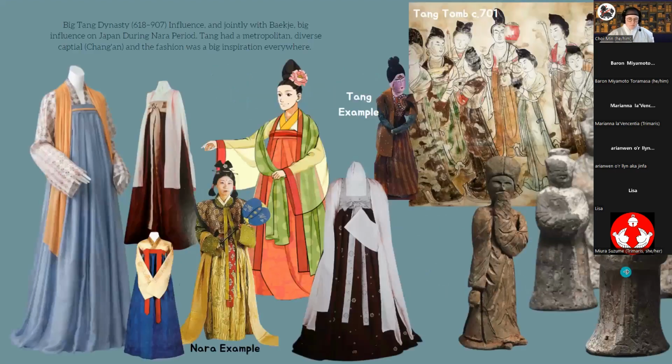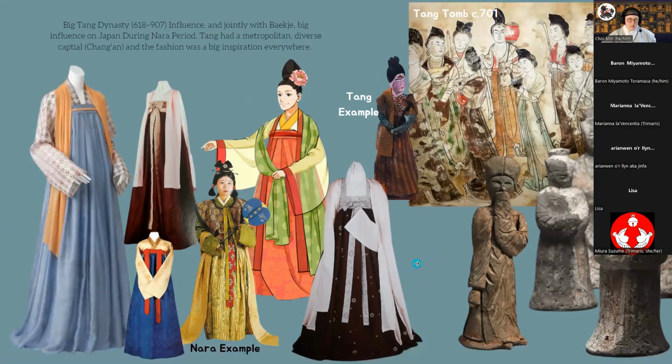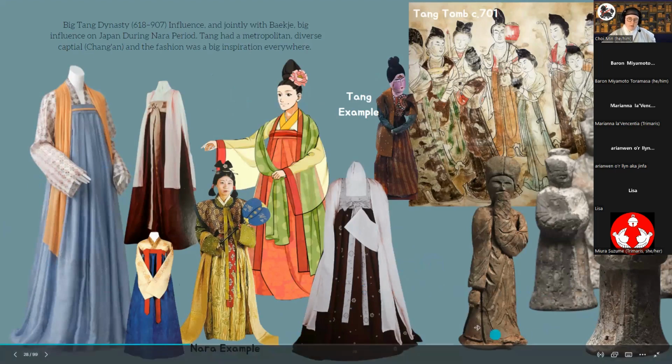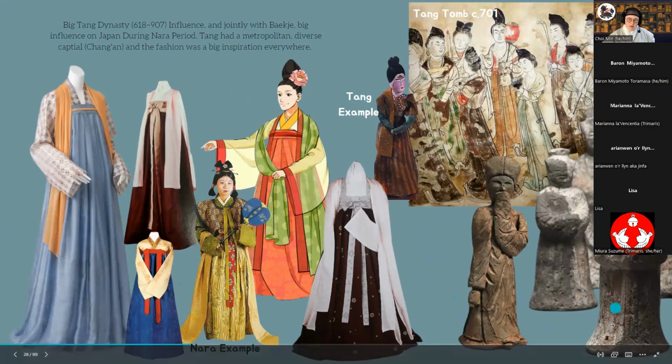And so here's some Korean reproductions of some Silla Dynasty stuff that's kind of post-Tang Dynasty influence. We have the extants that I have here. These are Korean stone tomb figures, and so you can see we've got that high breastband and then the skirt, and then we still got the long sleeves and all that. And here's another one that's not quite as easily interpretable.